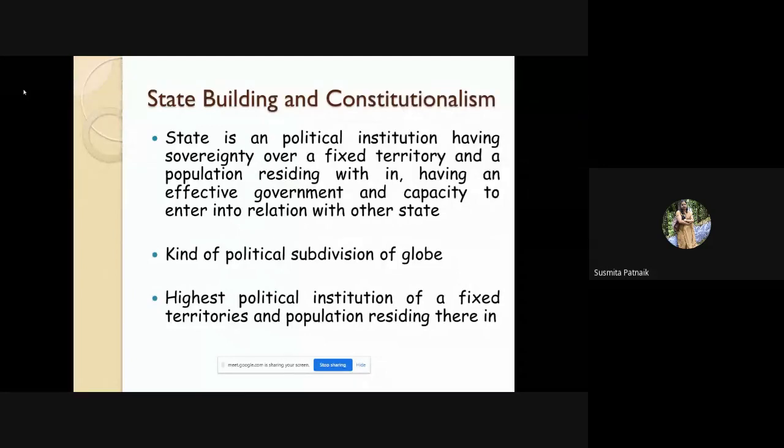It means that it is a challenge to nation building. India is called secular, yet we are protecting some religions inside India. So this is also one of the challenges of nation building.